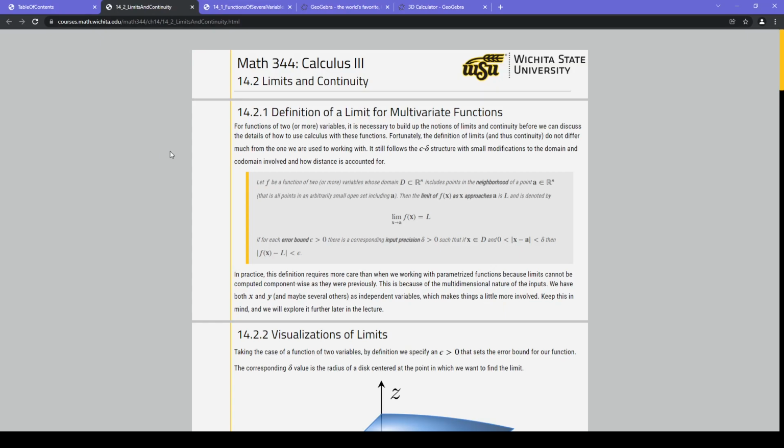All right. So the definition introduces some extra vocabulary here in order to try to make it clear what's going on. The basic idea is that if we have a function of two or more variables, and we want to know if the function is continuous at some point A in the domain D, then we look at the neighborhoods of A, which are the points in the domain that are close to that point, and we try to make sure that if we are within a neighborhood of A,